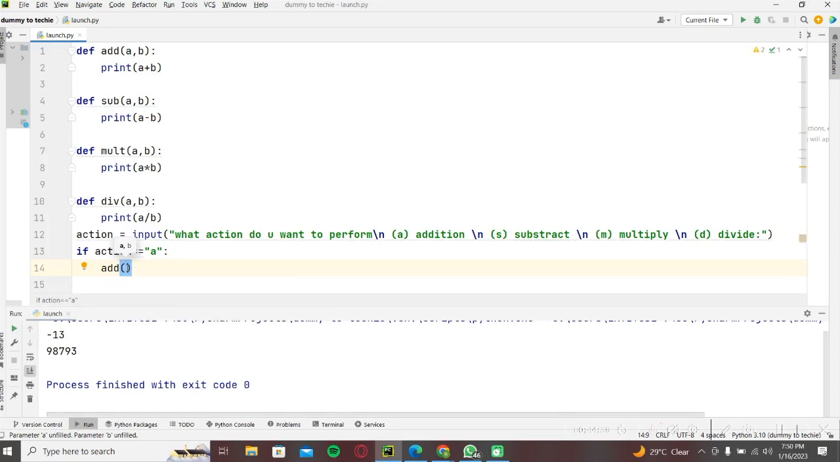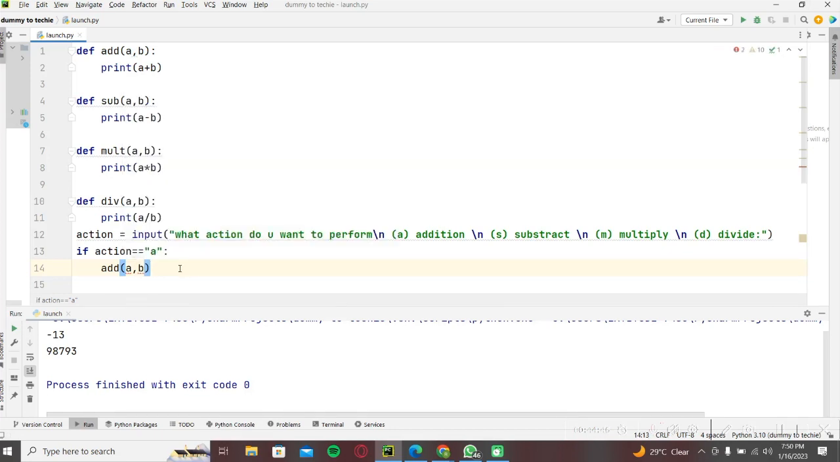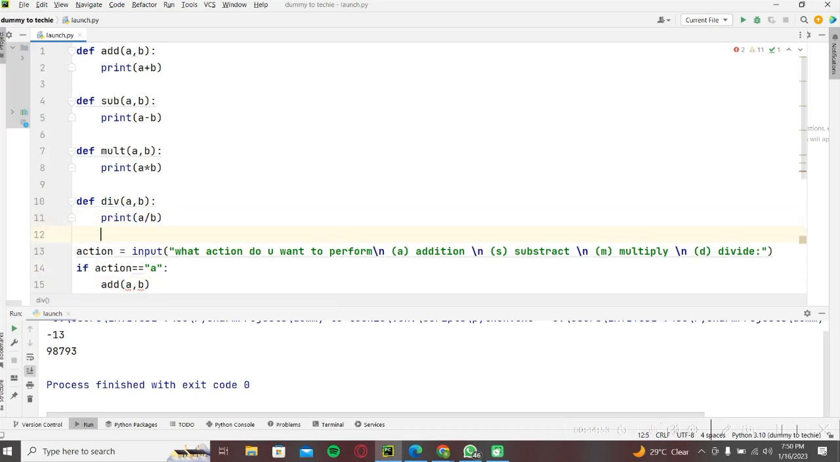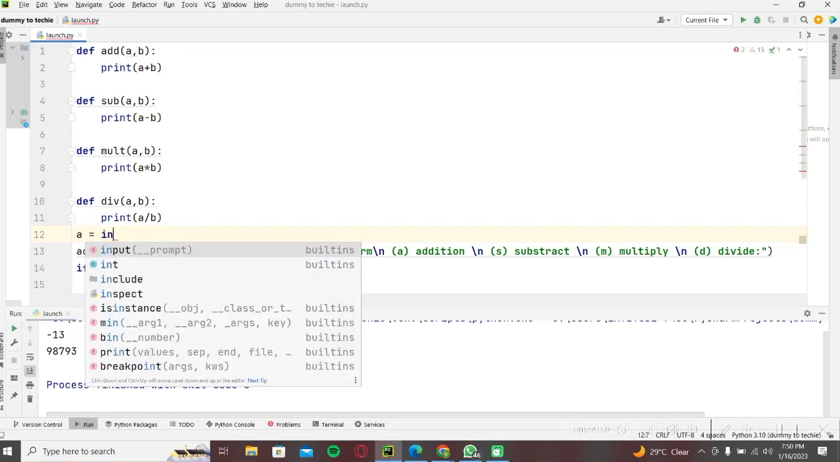I missed a very crucial step, so okay, I'll fix that now. A, comma, B. I forgot to ask the user to enter their A and their B, but all we need to do is to come here and just say A is equal to